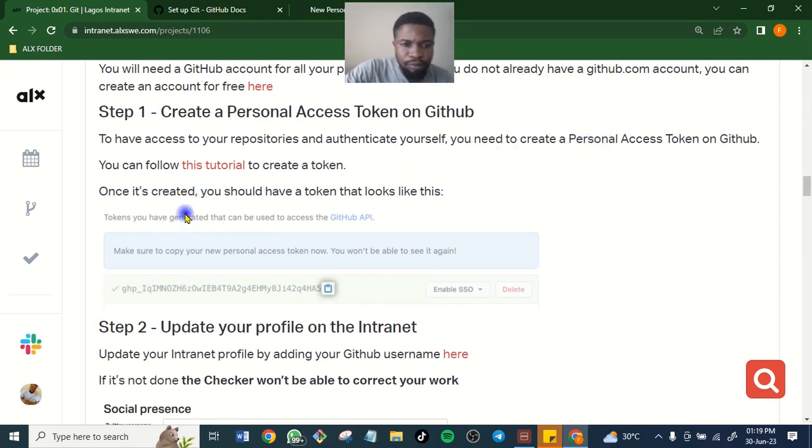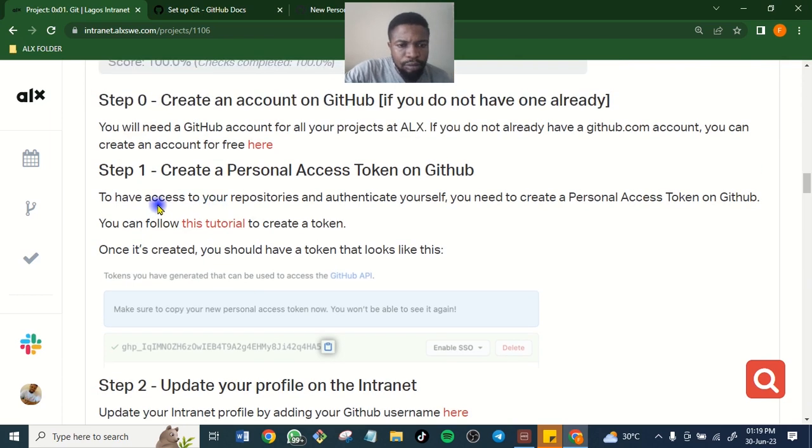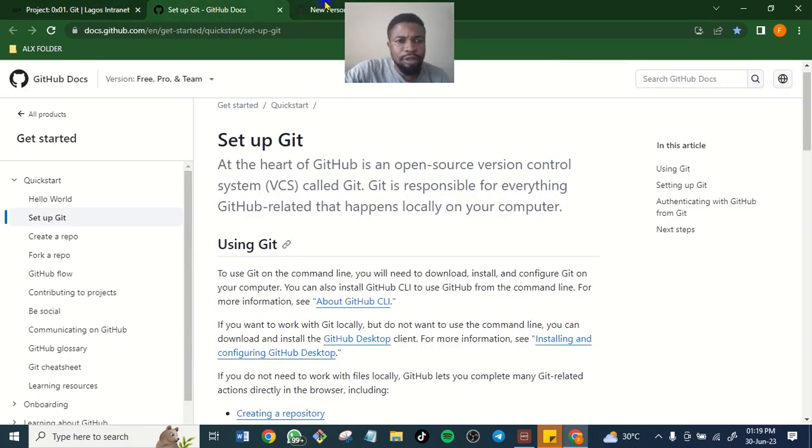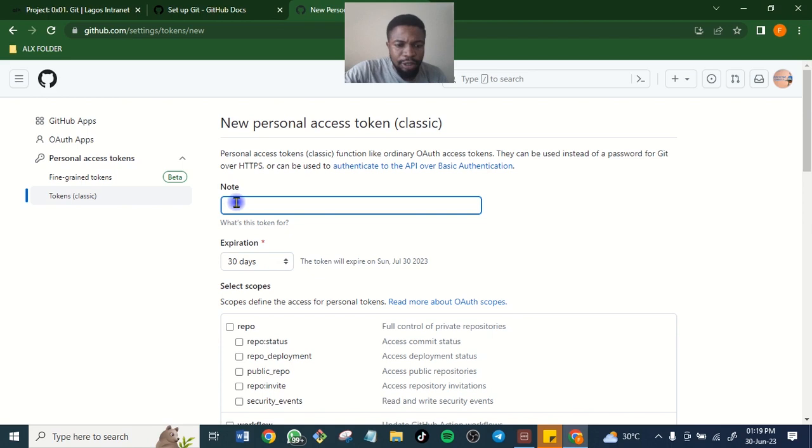You can just call it anything. Just say my ALX first repo.